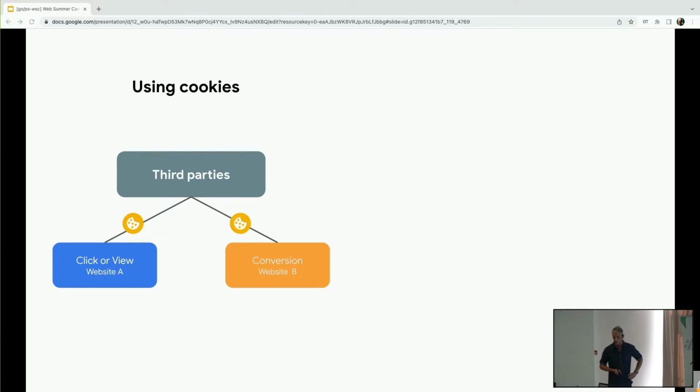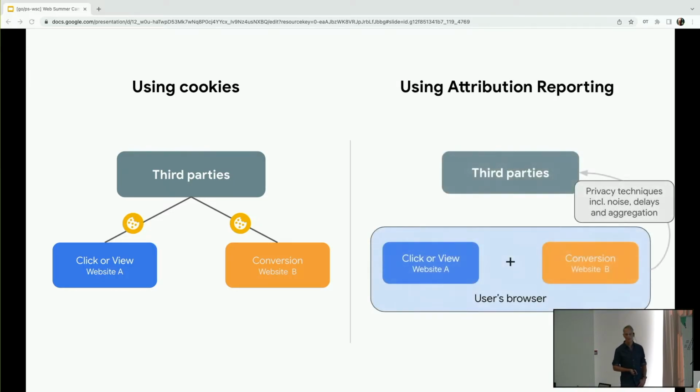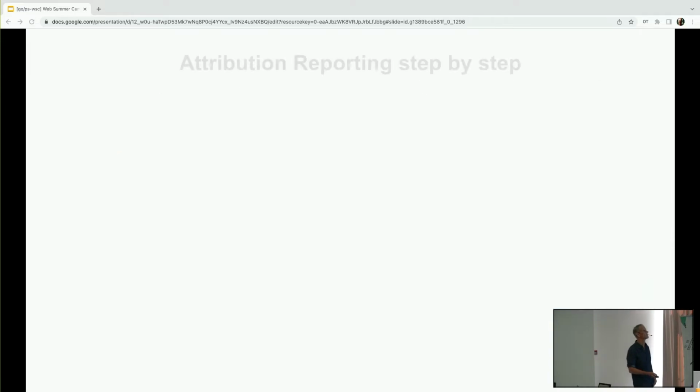Now, with the Privacy Sandbox, we need to meet these use cases of measuring ad efficacy. This is a huge deal for whether ads work or not on the web, being able to understand how well they performed. Are they actually doing their job? So the Attribution Reporting API does this by moving the work of recording and matching events and reporting these conversion events to the user's browser on the local device.